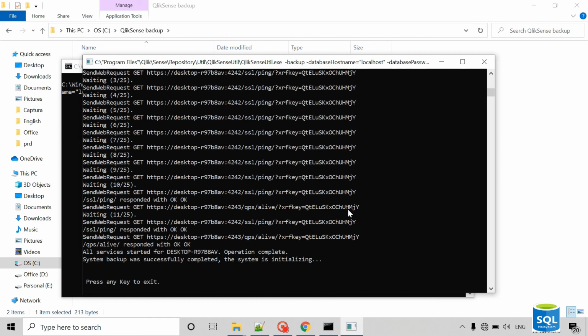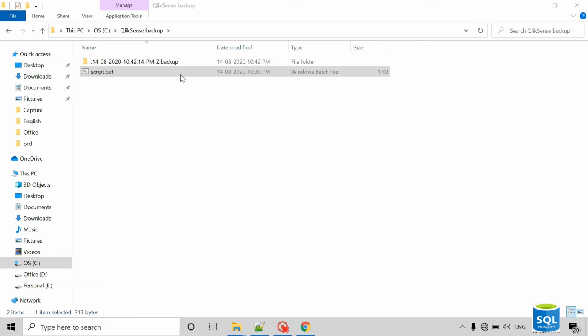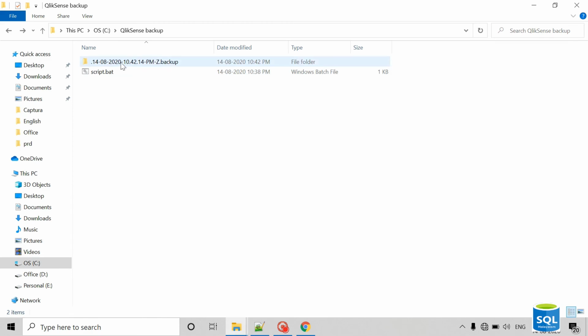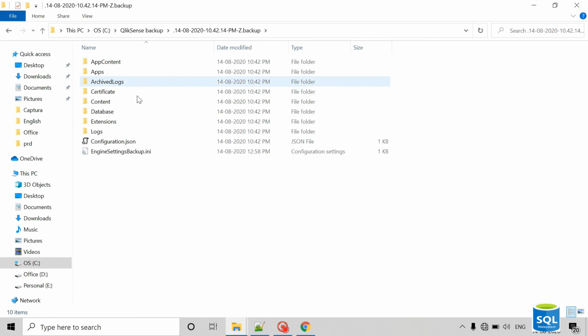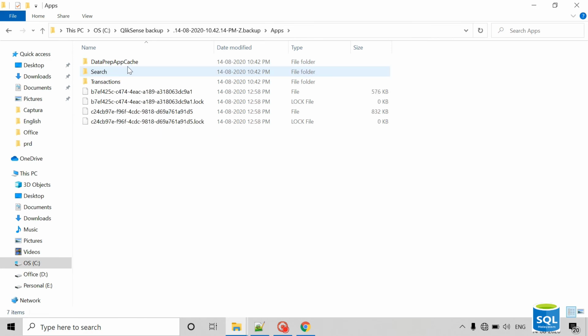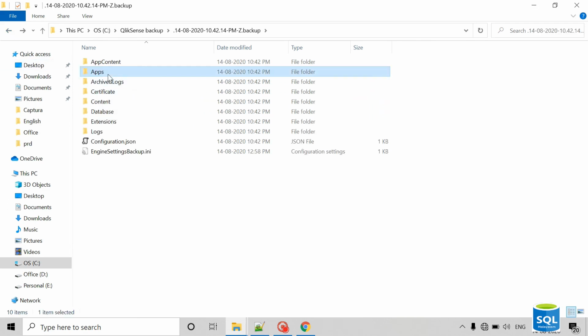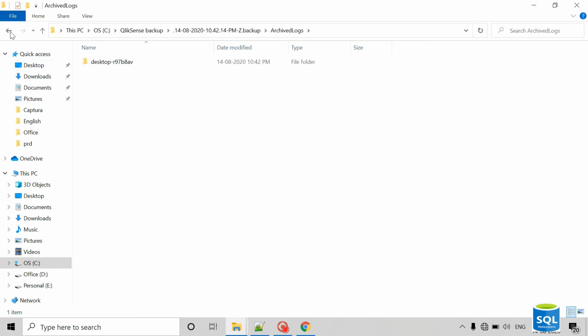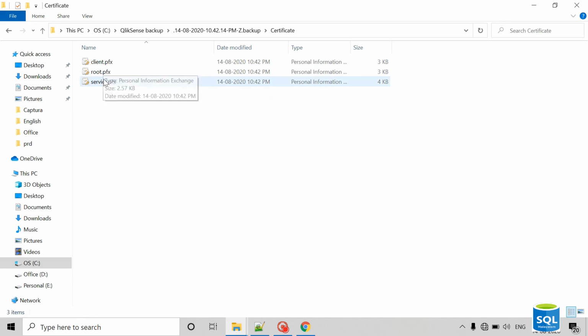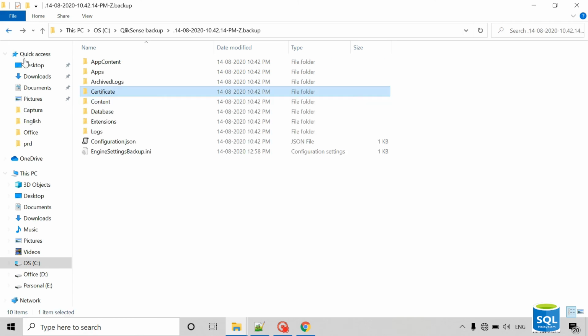Yes, now the backup is completed successfully. Press any key. It created a folder like this with a date timestamp. When I open the folder, I can see the app folder, which contains a backup of all the applications, and logs and certificates are there. These certificates are protected with the password which I gave in our script.